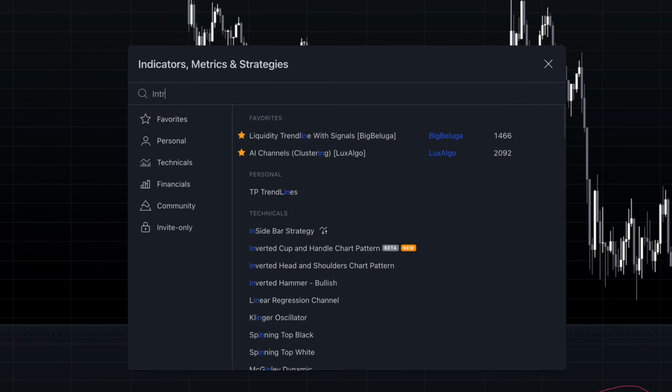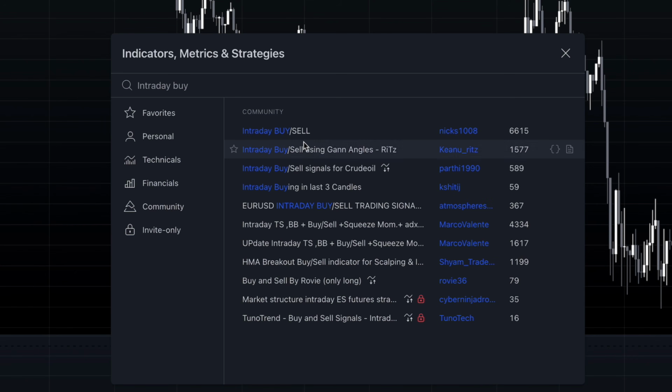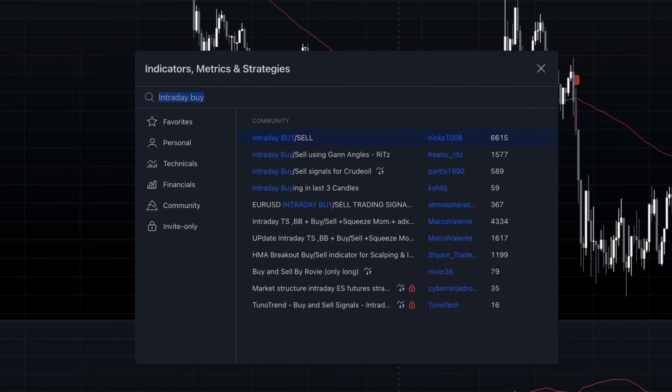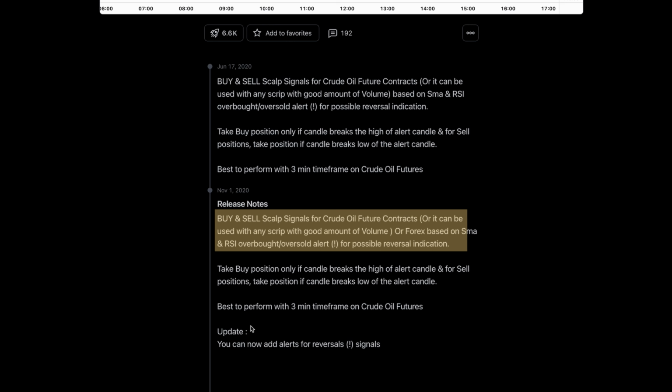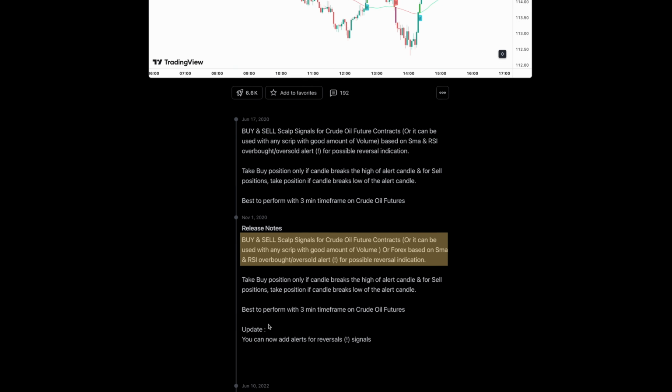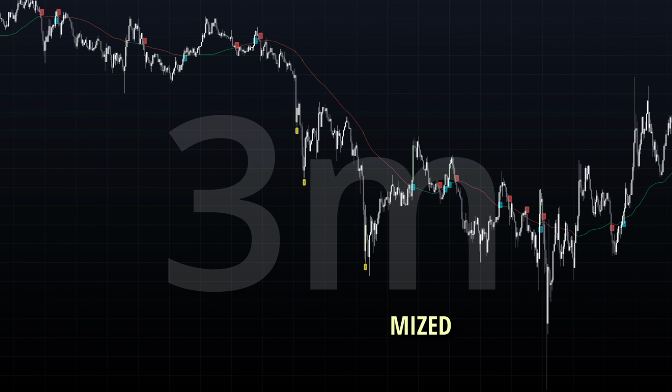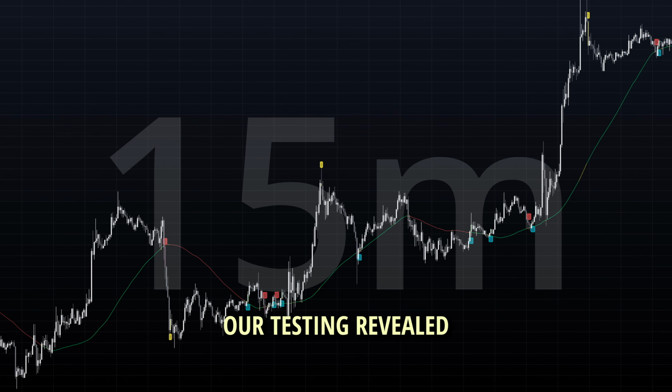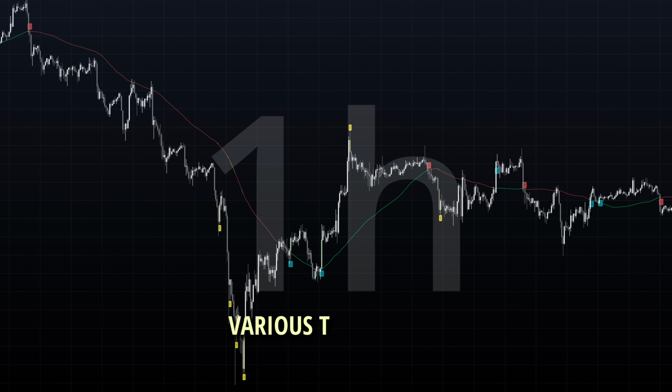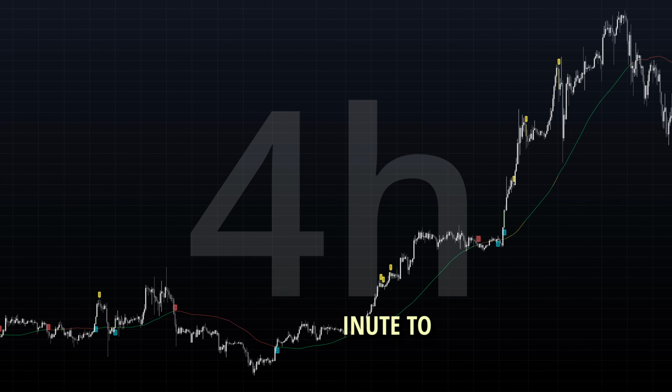The intraday Crude Scalp indicator is our primary source for buy and sell signals. Don't be intimidated by its name. The indicator's creator suggests it can be applied to any high-volume instrument. While it's supposedly optimized for 3-minute charts, our testing revealed consistent performance across various time frames, from 5-minute to 4-hour